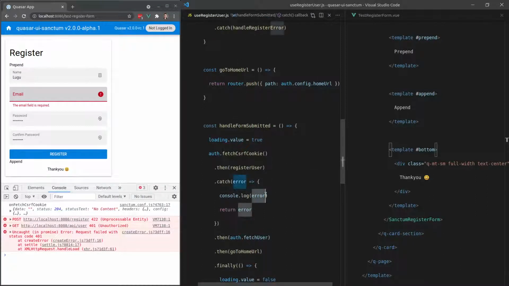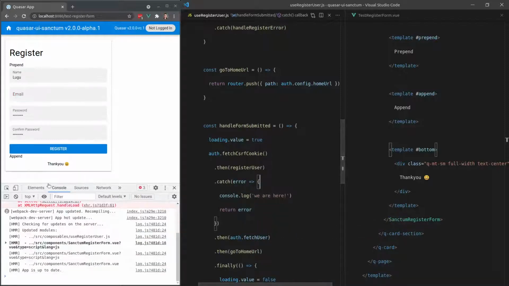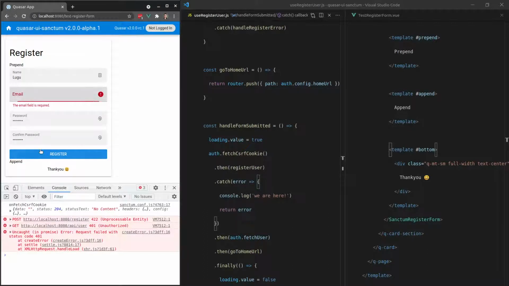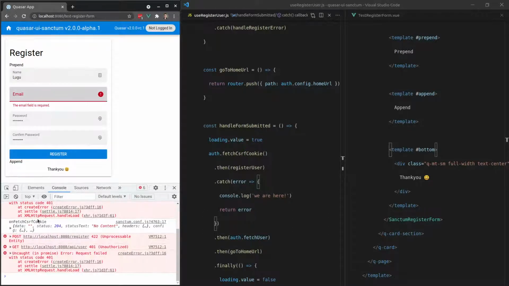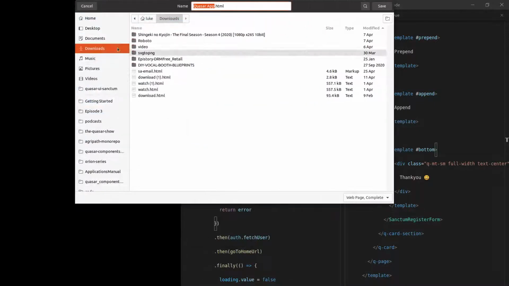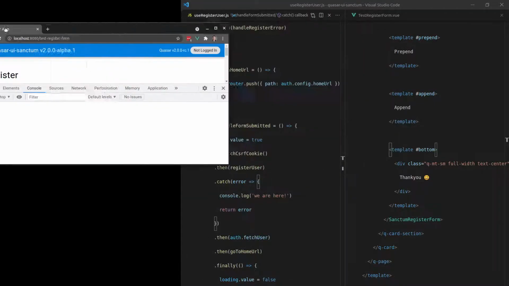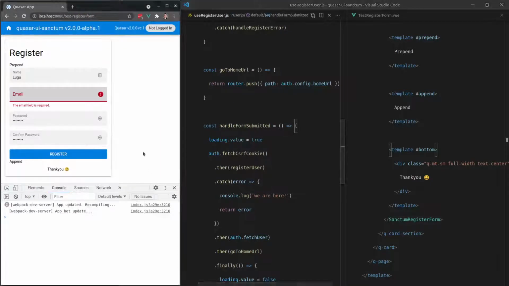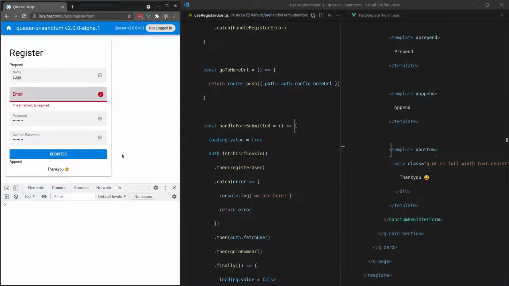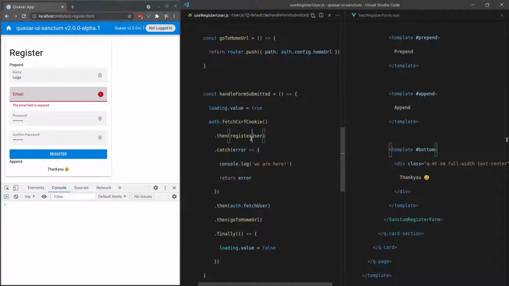No, instead of doing the error, actually, let's say we are here, like from Horton Hears a Who. And I'm not getting that. So, whoops. Let's try it again. No. Okay, so